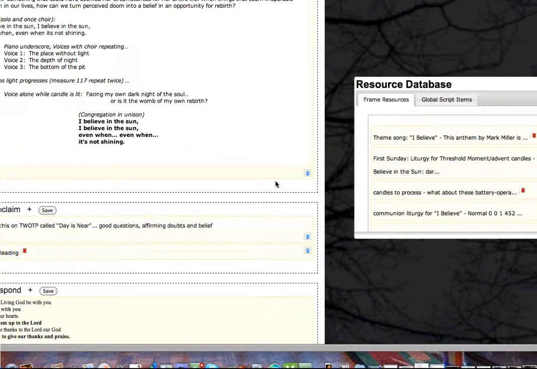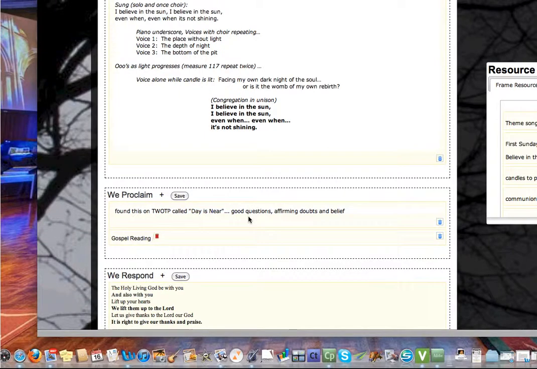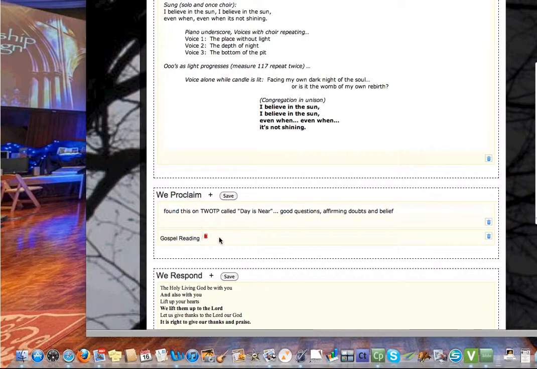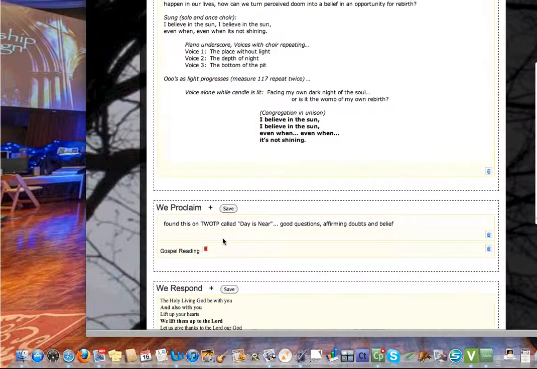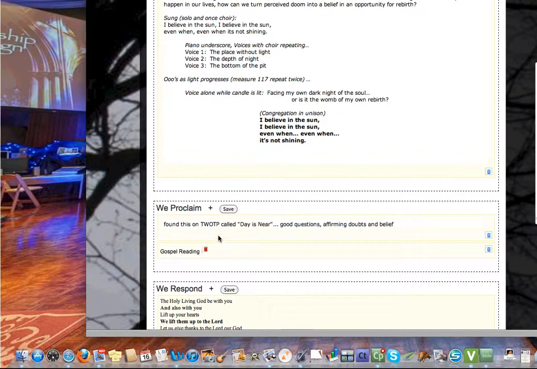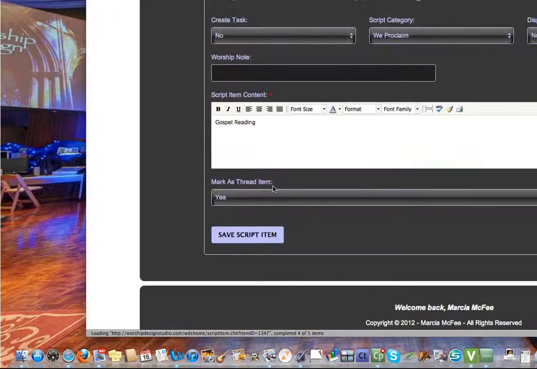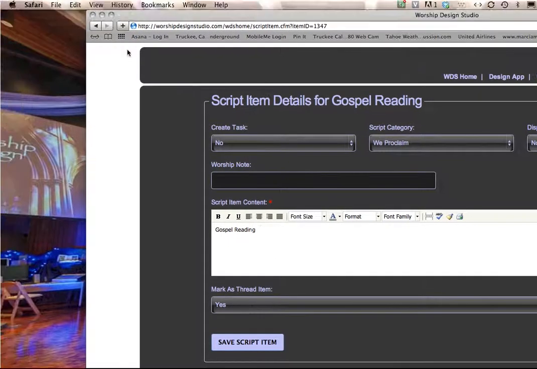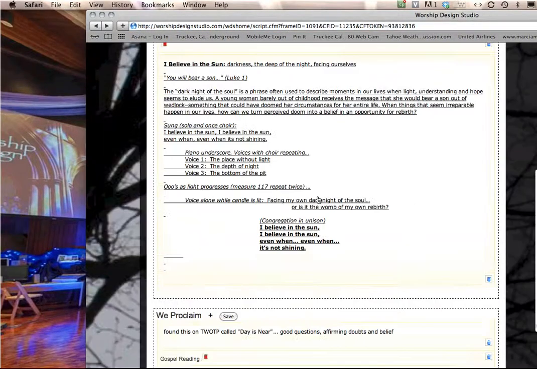But this allows you the ability to just go ahead and pull over your headings that you might use every Sunday of the series, and that is populating every Sunday of that series as I do that. So there you go, gospel reading. You can always click into that and tweak that a little bit from what I've got,